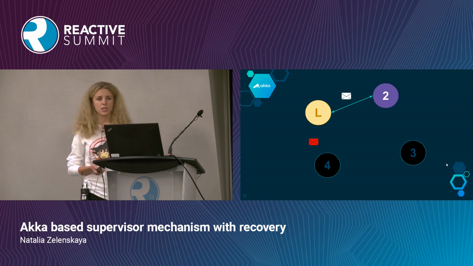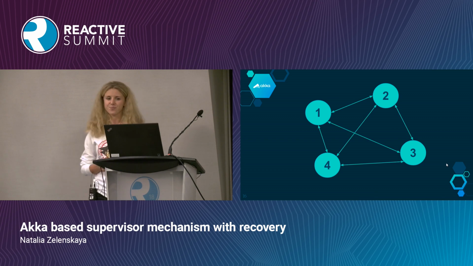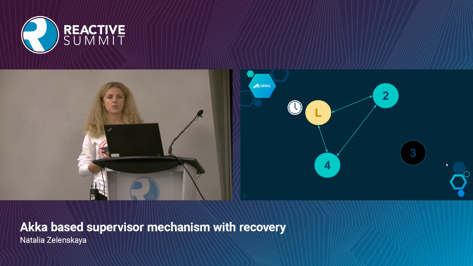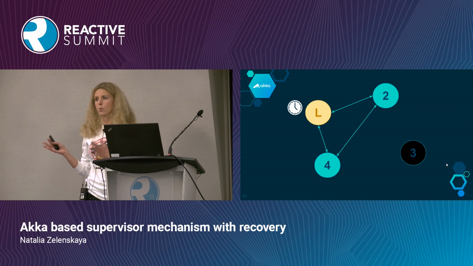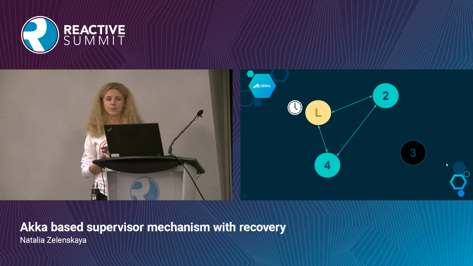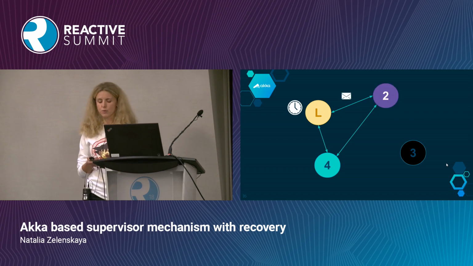So let's see how it's going to change this scenario. Node number 3 goes down, and now the leader, when it starts the recovery process, the first thing it does is set up the recovery timer. This timer is going to put time boundaries on all nodes to handle their portion of work and send back to the leader the success message saying that it has successfully restored everything. So now, when we send some work to node number 2, and once it's done, node number 2 is going to reply saying, I handled my work, everything is fine.